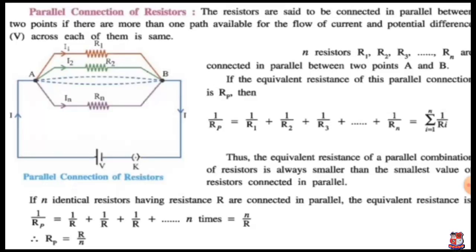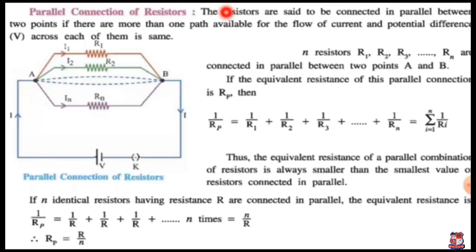So the major difference between the series and parallel connection can be easily identified from this figure, where you can say the effect of this parallel connection of resistances is majorly imparted on the electric current, because in the earlier case of series resistances there was no change in the electric current at each and every individual resistance, but here you can see from this figure that each and every resistance has a non-identical electric current flowing through it.